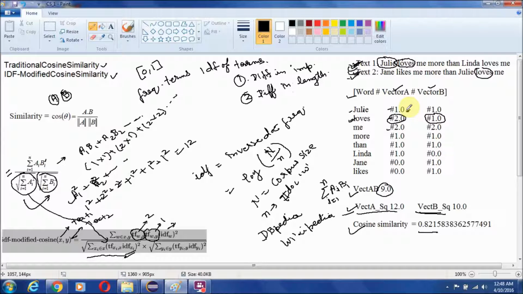We just multiply its IDF frequency and then take whole square, and then similarly for this calculation we will take term frequency same as we take here in the calculation of this, and then we multiply the IDF and take whole square.